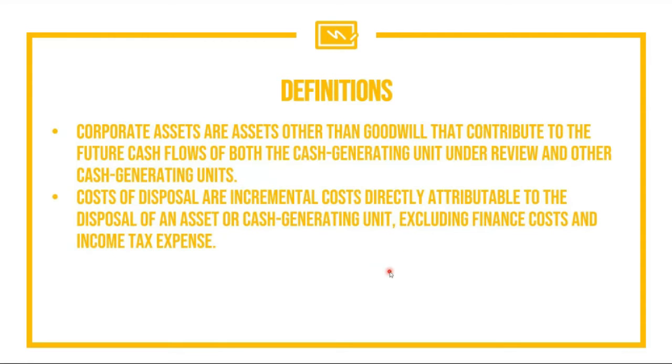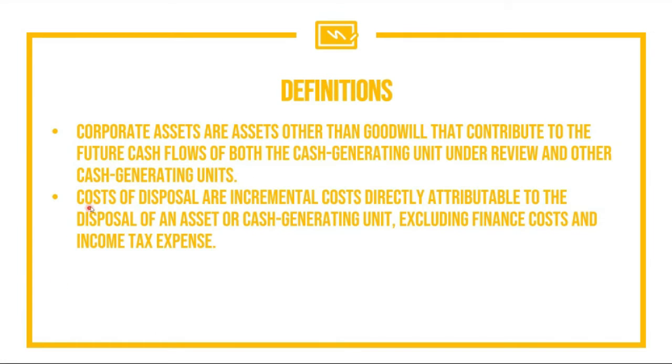We have corporate assets, which are assets other than goodwill that contribute to the future cash flows of both the cash generating unit under review and other cash generating units. So basically, corporate assets can be simply termed as common assets, which are being benefited from by more than one cash generating unit or more than one group of units of the business or divisions